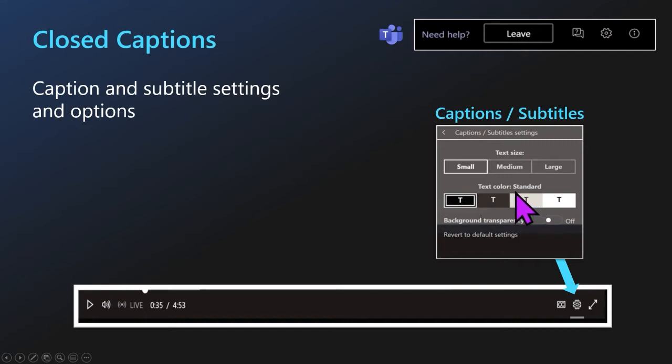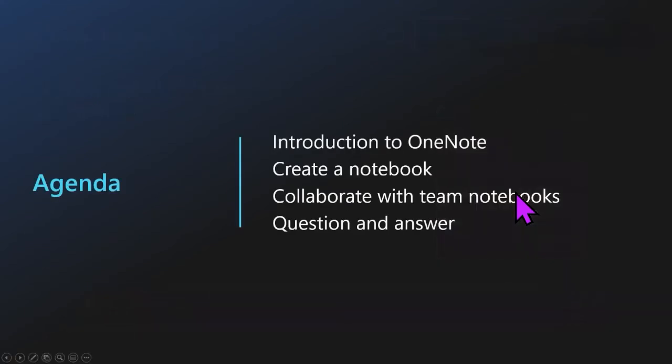With that said, we're going to jump right into our agenda for today, talking about OneNote. We'll start with an introduction here. And then when we jump into our live demo, we'll talk about creating a notebook, how we can set up our notebooks, really how they're organized, and some pro tips on how we can interact with our notebooks to keep them a little bit more organized or easier to interact with on a daily basis.